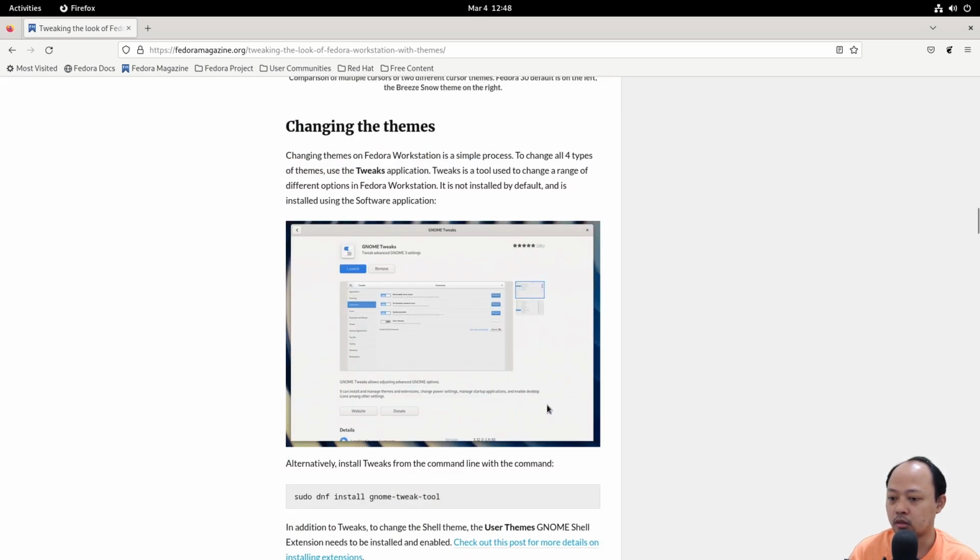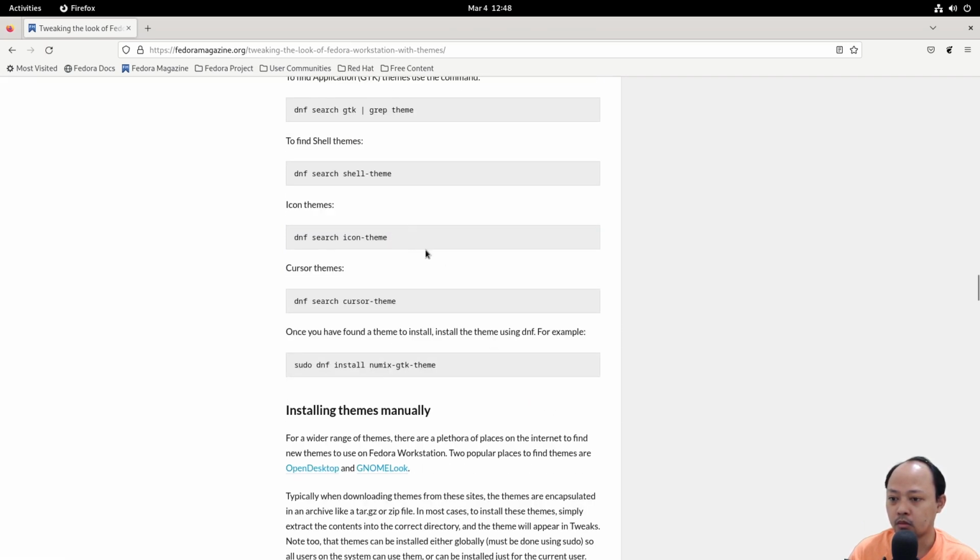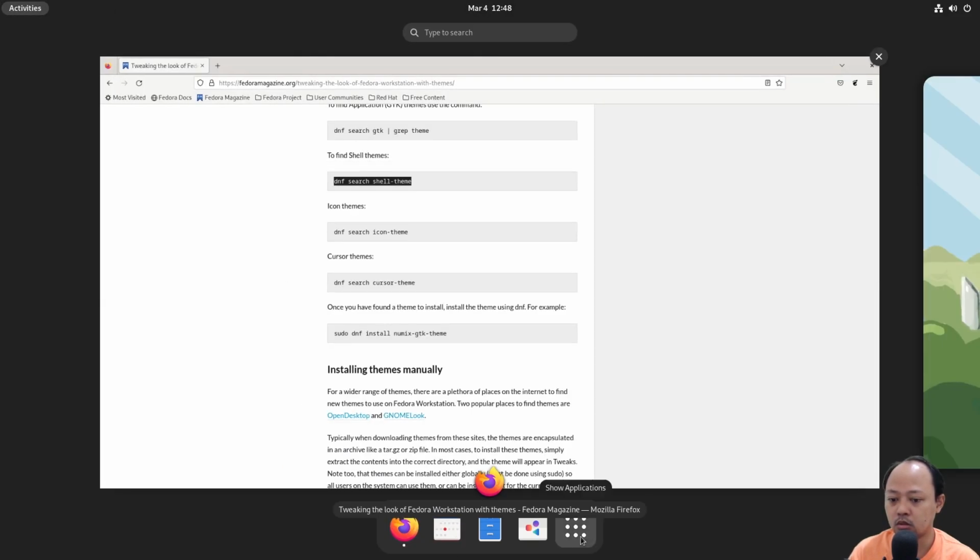Let's check it first. This one, we can find the shell themes from the terminal. Wait, let's go to the terminal.